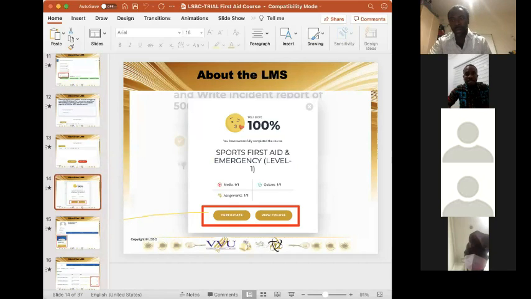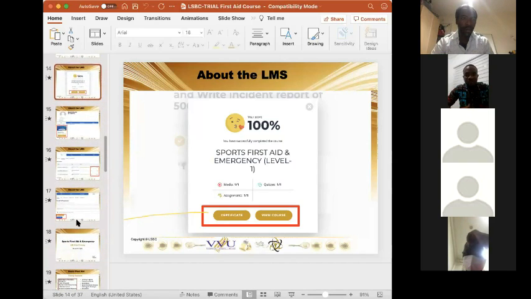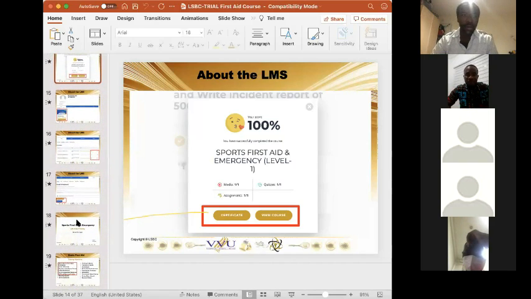Now, it is a temporal certificate. You use this certificate whilst you are an intern or whilst you are taking on a temporal job with any sports organization, whilst you wait for the graduation day and get the verified and certified certificate from Valley View University.